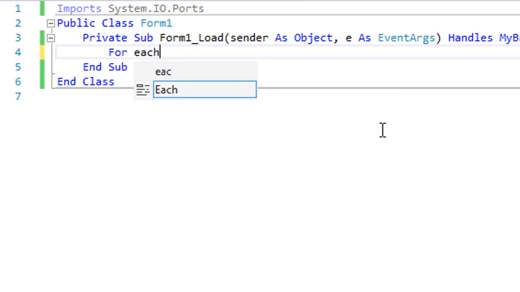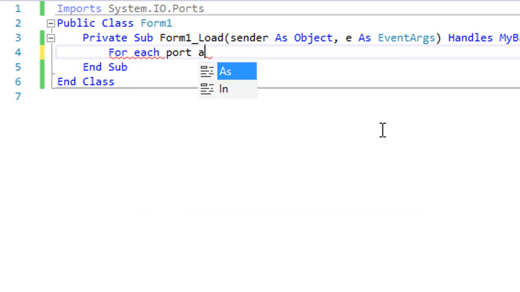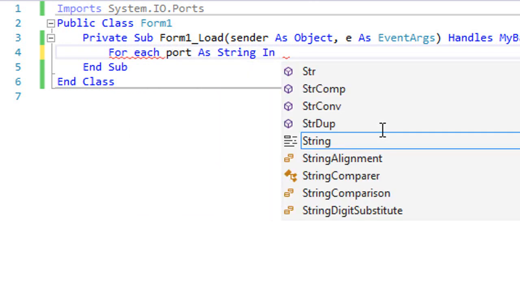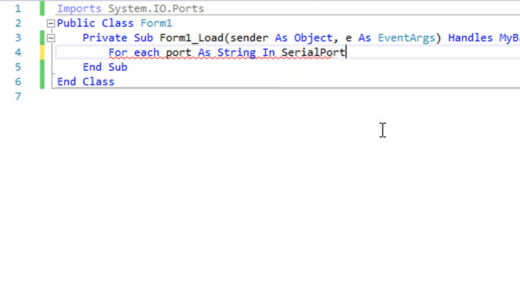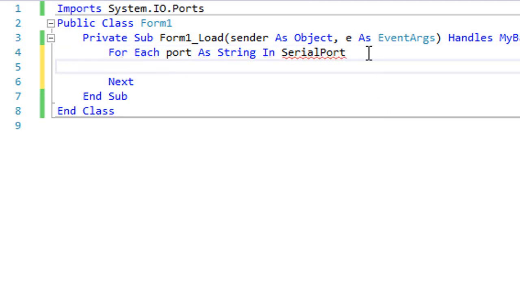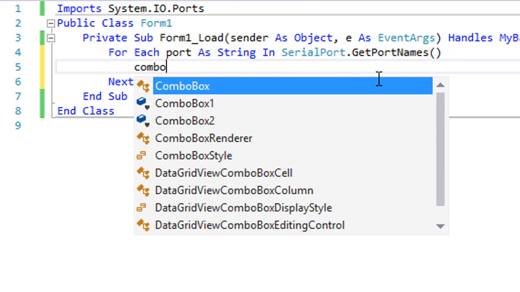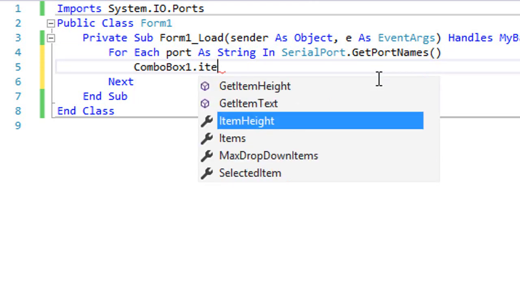So for each port as string in serial port get port names, combo box 1.items